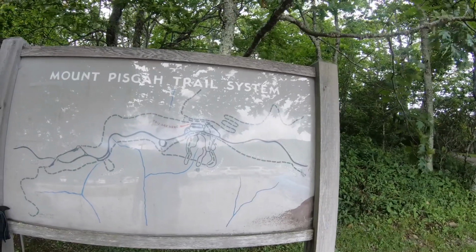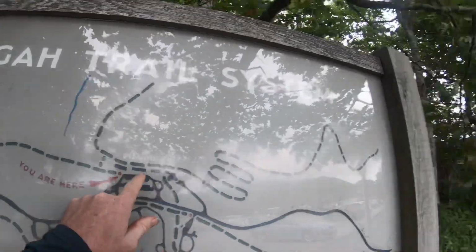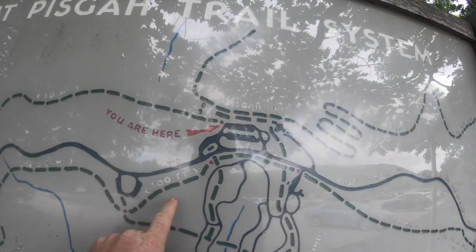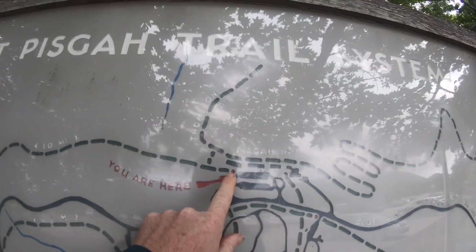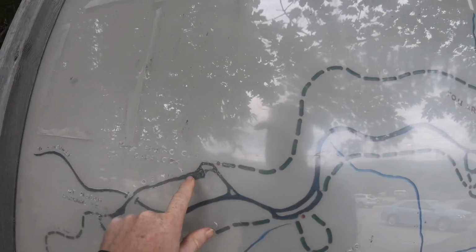Alright, I'm at the trailhead for hike number 5. We are going to start here. Pisgah Inn is over that way, and this must be the trail we're taking. Buck Spring Overlook. We're going somewhere off the map. So hike 5 is about 4.5 miles, and that's one way. So unless I catch a ride, that'll be 9 miles. And if I hike up to the summit of Mount Pisgah, that'll be another couple miles. So we'll see. It's about